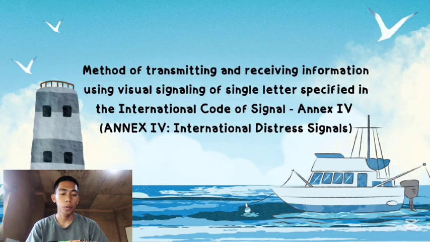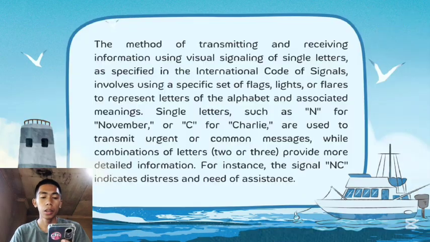Transmitting and receiving information using visual signaling of single letters specified in the International Code of Signals, Annex 4, International Distress Signal. The method of transmitting and receiving information using visual signaling of single letters, as specified in the International Code of Signals, involves using a specific set of flags, lights, or flares to represent letters of the alphabet